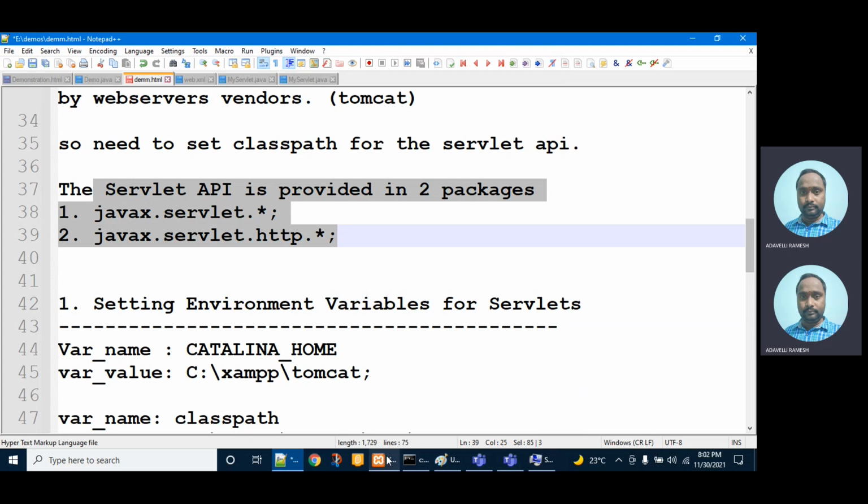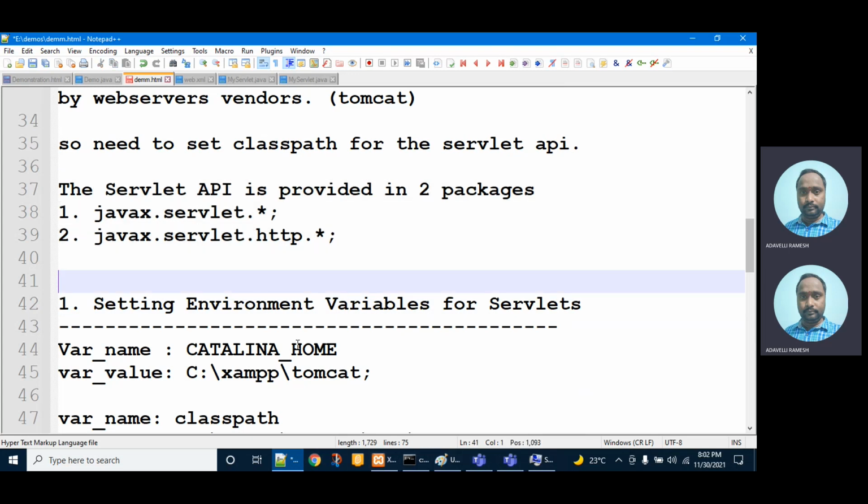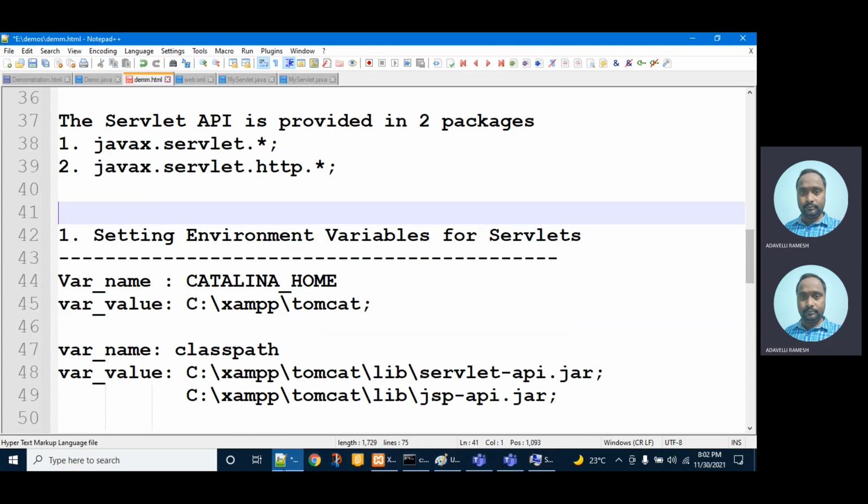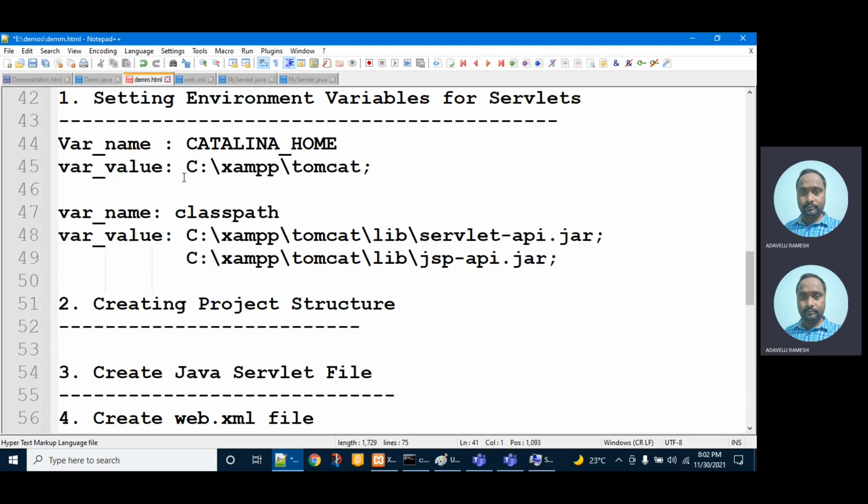So what is my next step? Once you install XAMPP, you need to set up environment variables. The same applies to the JSP API: if you want to work with JSP, then you have to use jsp-api.jar. I will show these two in our system.